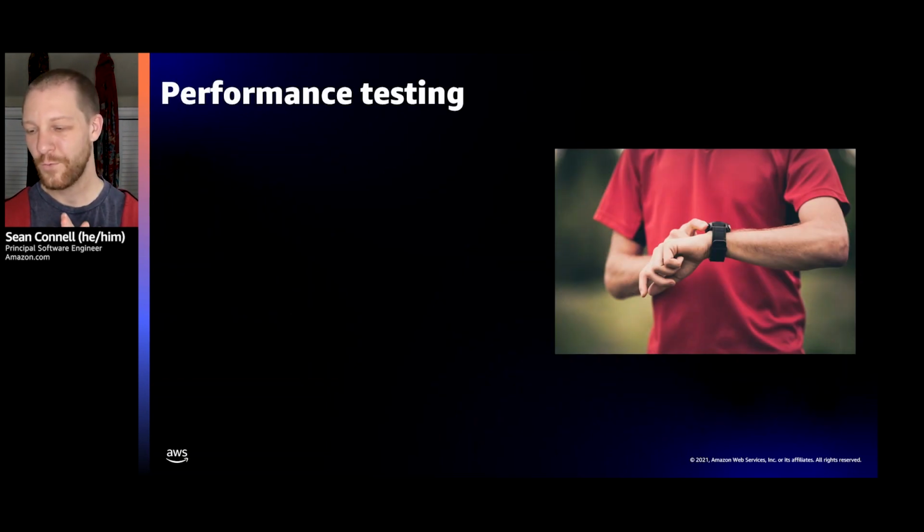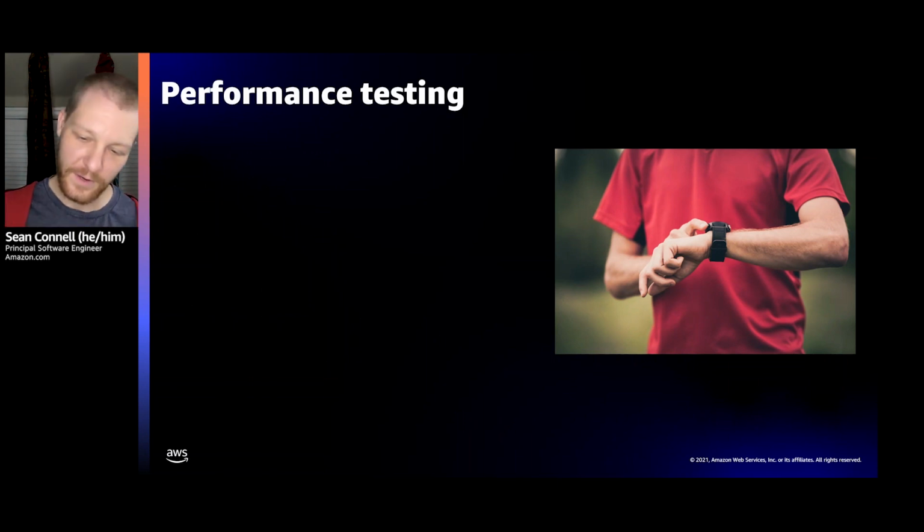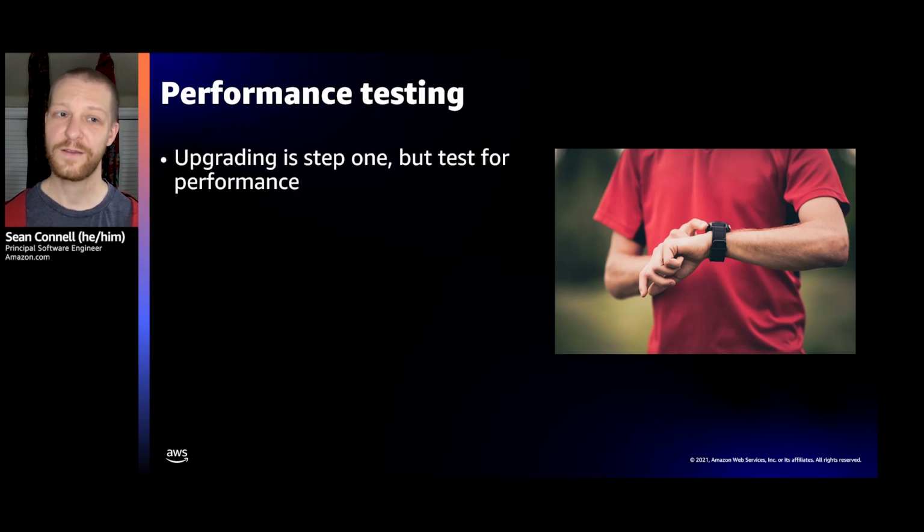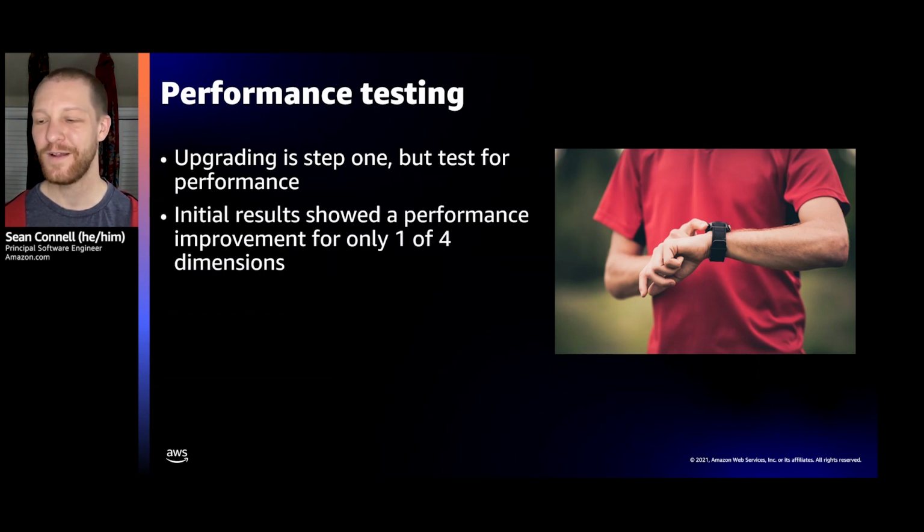Okay, we did the build. We got all the packages building. And then finally, we were ready to go on performance testing. And we had planned as part of the migration, and you should too, to have a little bit of time to tweak stuff to get it right. Because out of the box, it didn't work. And this might be surprising for you to hear to talk about Graviton. You think it'd be all sunshine, but there's a little bit of cloudiness here too. And this is just to say, be ready to do some performance testing. When we were doing this, we had two different machine types we wanted to replace, and we wanted to win in two different dimensions.